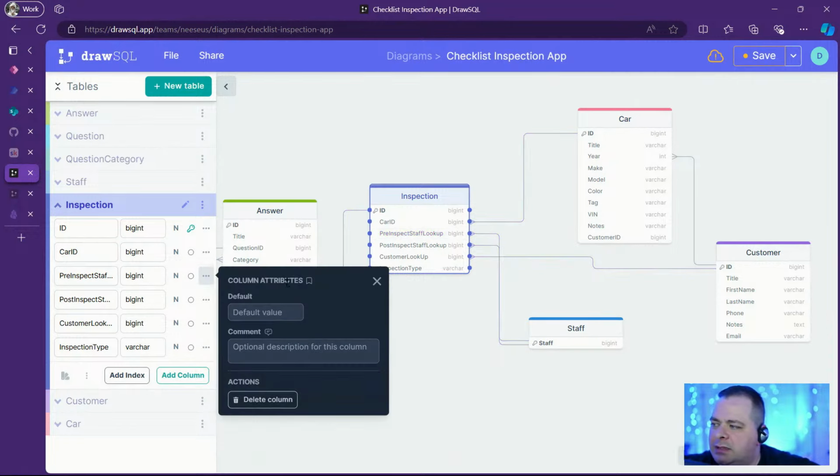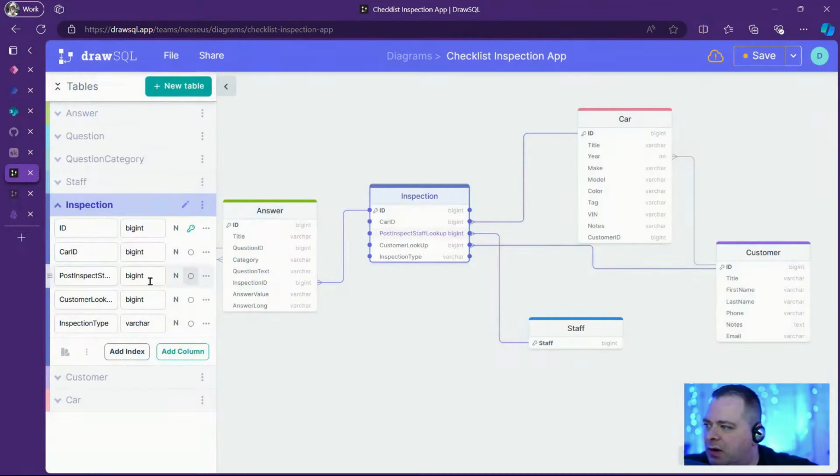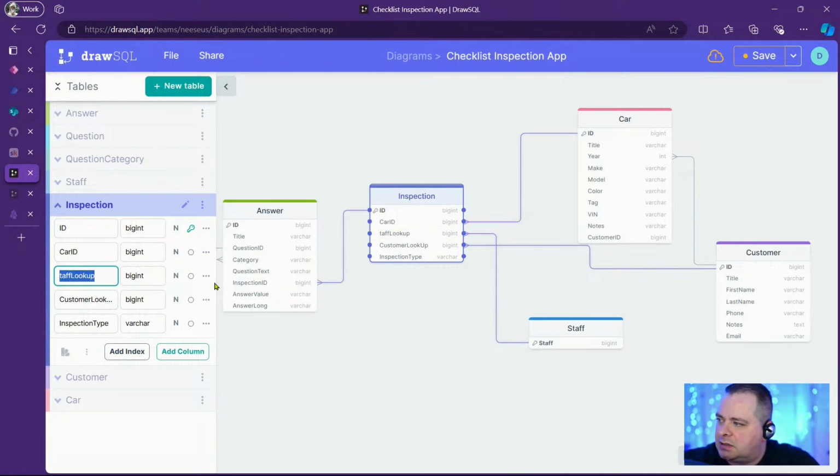And I don't think I'm going to implement a pre and a post inspection. It's just going to be one inspection. I'll just sort of simplify the requirements. It was just specific for the client that I did it for. And then we will do, I'm going to call this